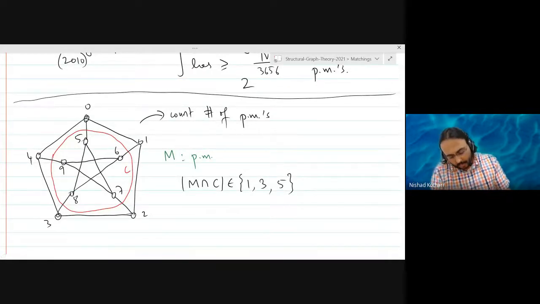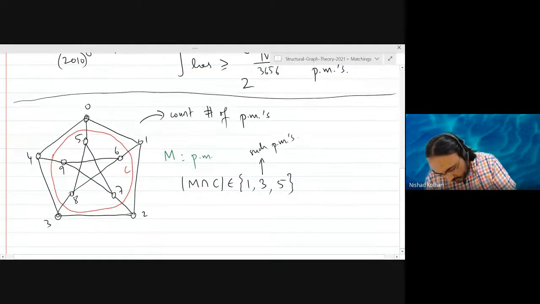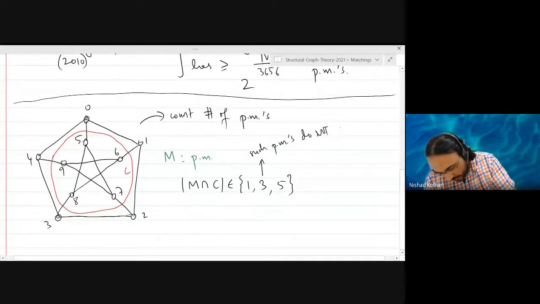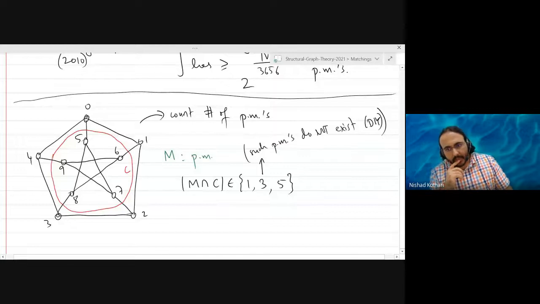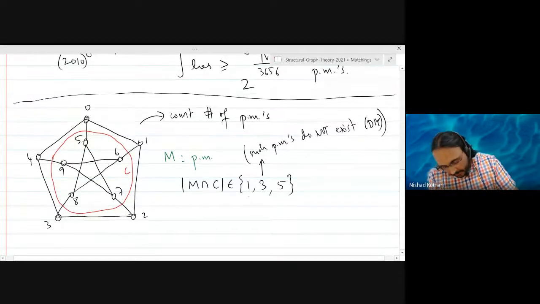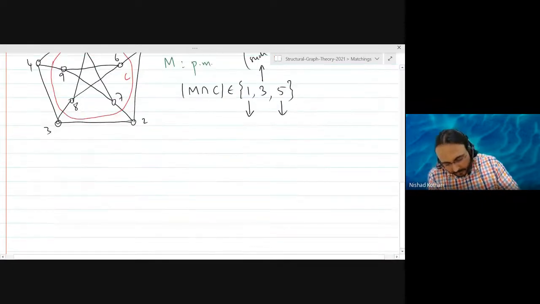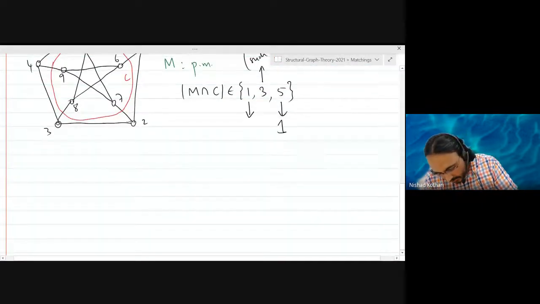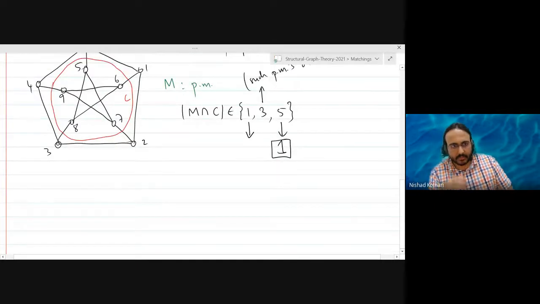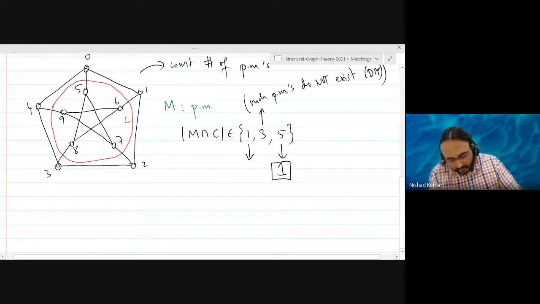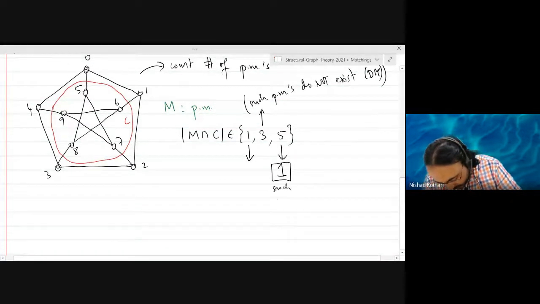Now you can check on your own that such perfect matchings, with three edges, do not exist in the Petersen graph. So the only possibility you have is 1 and 5. Well, if you take all five edges, then you basically have a perfect matching. So there is only one perfect matching of this kind, which is to take all the five edges and then you are done. Then you can't take any more edges because you have matched all the 10 vertices. So one such perfect matching.